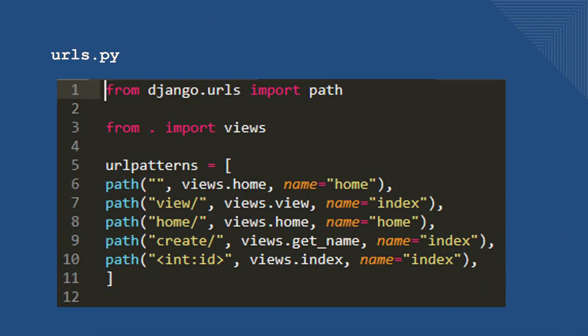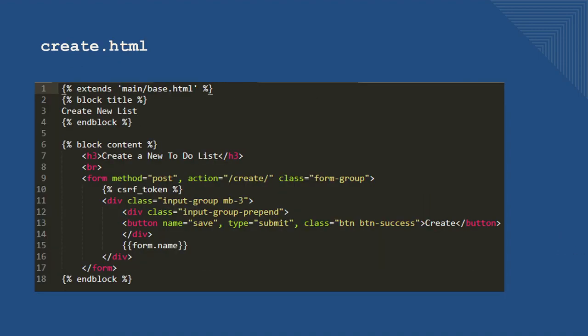Moving on, here is where all of the pages are linked to URLs. And here, the presented code, which is create.html, will allow us to create a new to-do list and create a form inside an HTML file that implements the form tag that will represent the form you create from within our Python code. We will also add